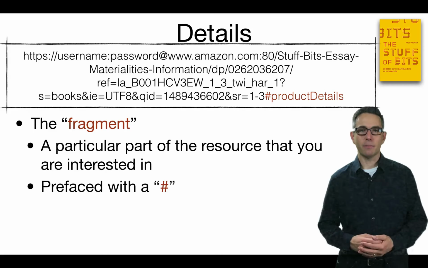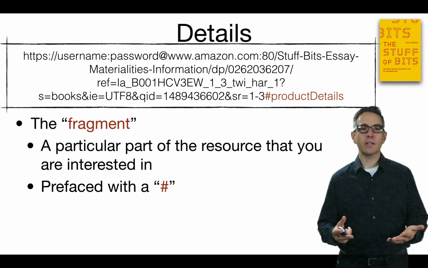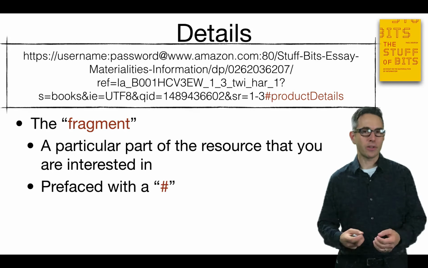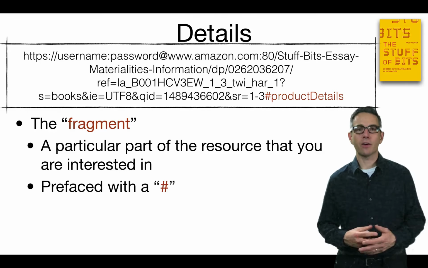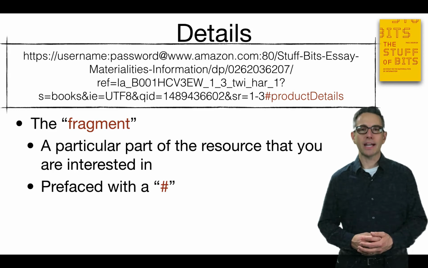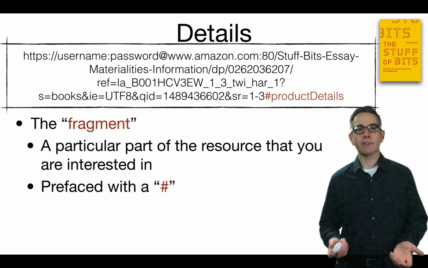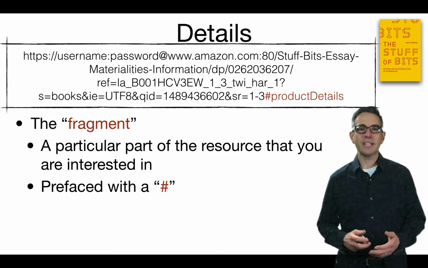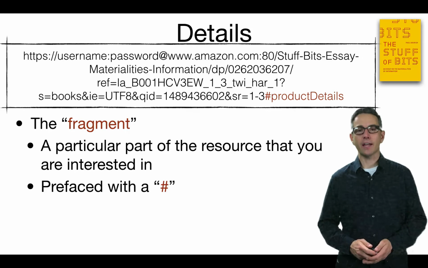Finally, the last piece of a URL is at the end of all of this, we can put a hashtag symbol followed by what we call a fragment. And the fragment says we would like, after we've requested a resource and passed query parameters, what we get back, we would like to focus in on a section of the document or a section of the resource that comes back that goes by the name of product details in this example here. In general, it can be any name that's referenced in the document. So this is a particular piece of the resource that you're interested in, and we're going to preface it with a hashtag.